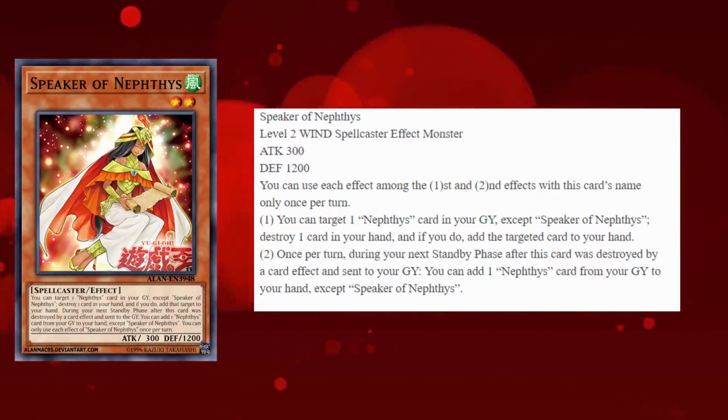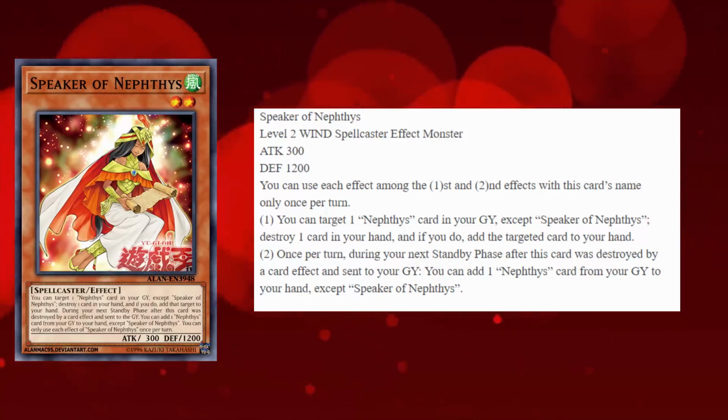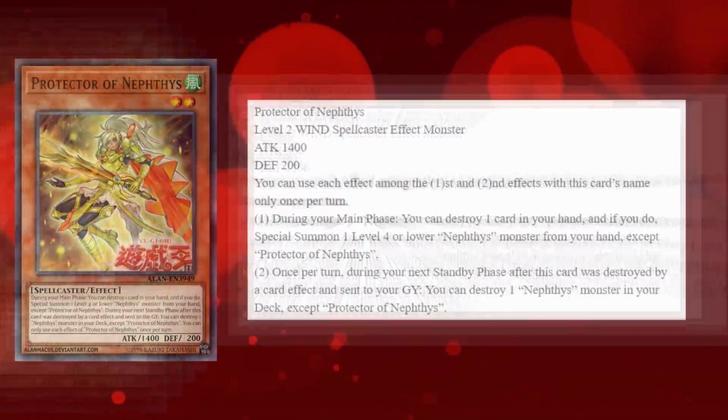And then its floating effect, when it's destroyed by a card effect, it will get basically the same thing. It'll get the monster or the spell or trap that you want. It'll get it back from your graveyard. So basically the same effect is built into this card twice. The next one is Protector of